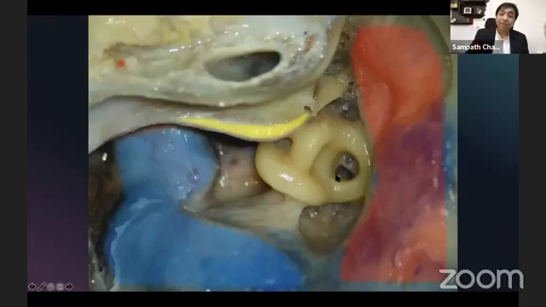This is the subarcuate canal. It's been drilled out. The arch of the superior semicircular canal can be seen nicely. Common crus here. The ampullary end of the posterior semicircular canal, non-ampullary end of the lateral canal, ampullary end of the lateral canal, ampullary end of the superior canal. So this is the labyrinthine block completely delineated.